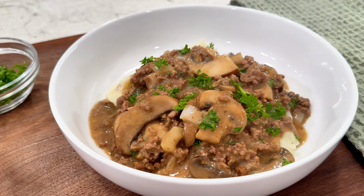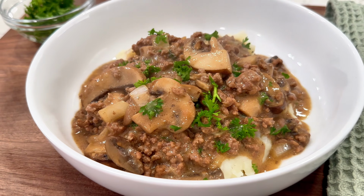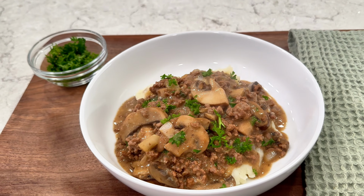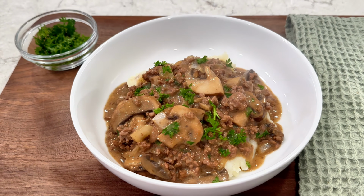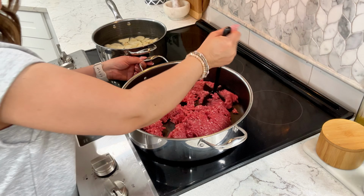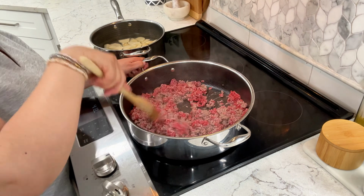Today we're making a delicious hearty beef and mushroom skillet, an easy comforting meal that's perfect for busy weeknights. It's similar to stroganoff but without the noodles. It's super versatile. I'm Rose Oatley. Let's get cooking. First, add 2 pounds of ground beef to a large skillet and start browning it over medium